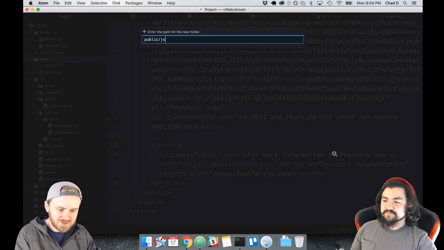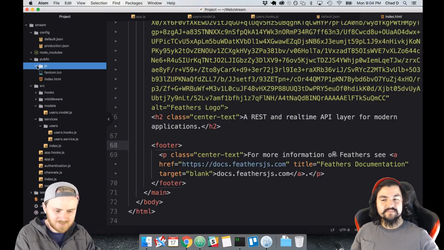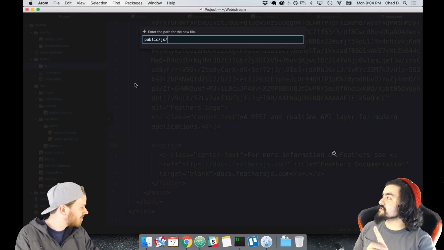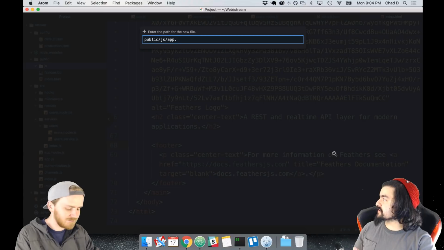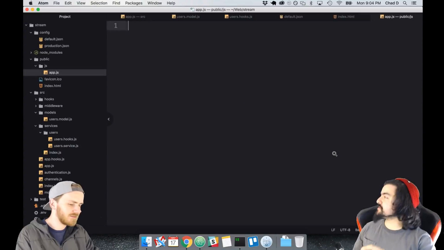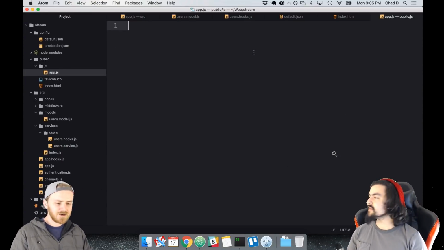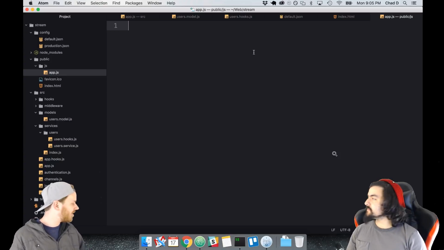I'll make a JS folder. And actually, we can use import statements and stuff like that because it's supported in Chrome. Is it? Yeah, I think we should do that because then we can define things in separate files. Okay. Yeah, I don't care. Worst case, later on, I'll go in and add